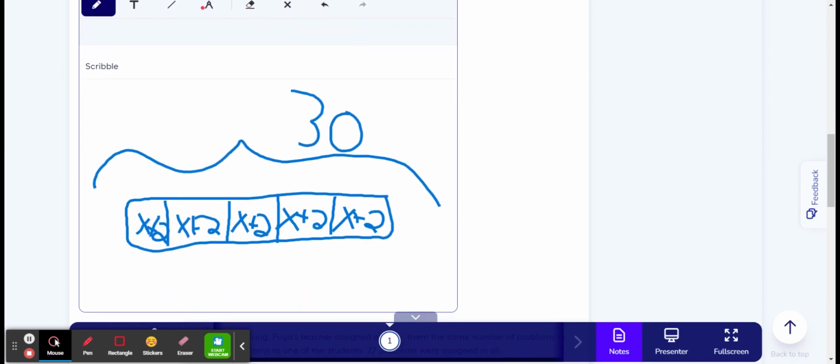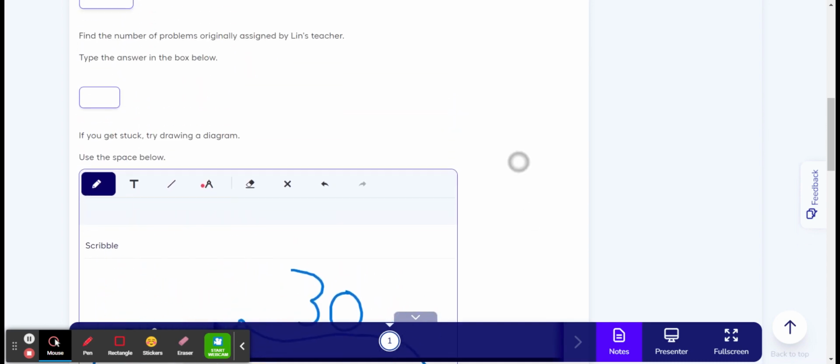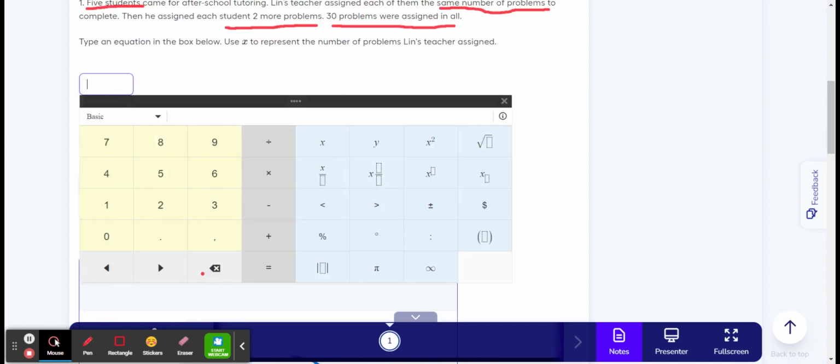So if I were to write an equation, look at my boxes. I have something inside my boxes, which means I'm going to have something inside my parentheses. Anytime there's more than one thing in there, you have to put parentheses in there. 5 boxes, so that's the number on the outside of my parentheses. X +2 goes on the inside. So here in this box, it should be 5